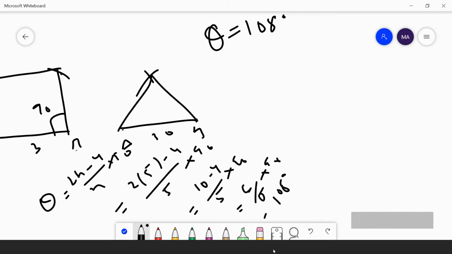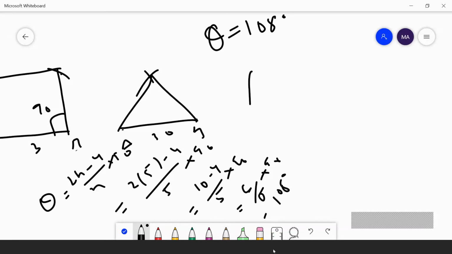If you want to calculate for a hexagon, we take n as 6. n is nothing but the number of sides. When you consider n as 6, the angle for a hexagon is 120 degrees.